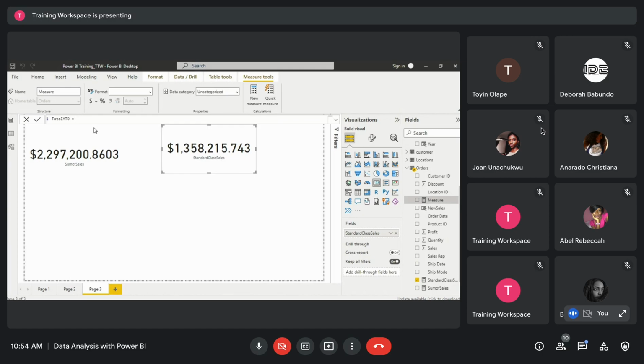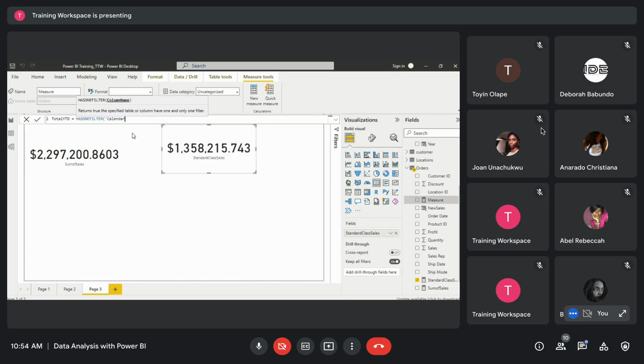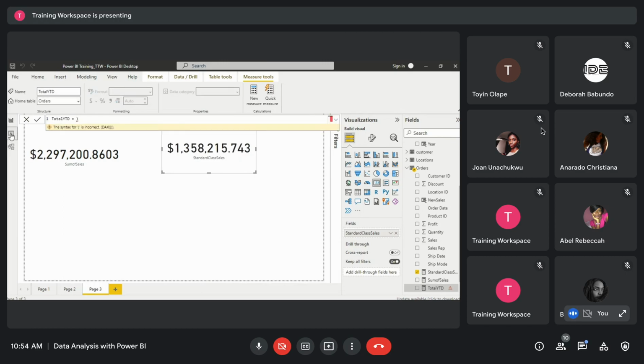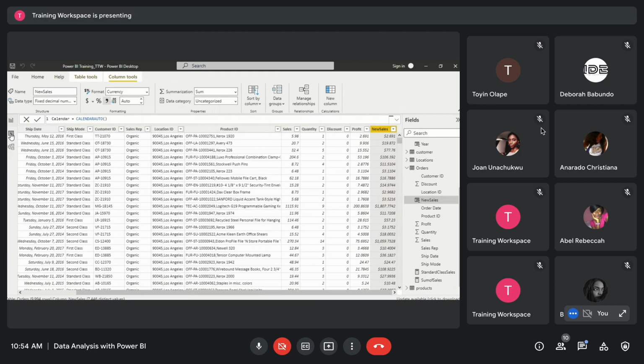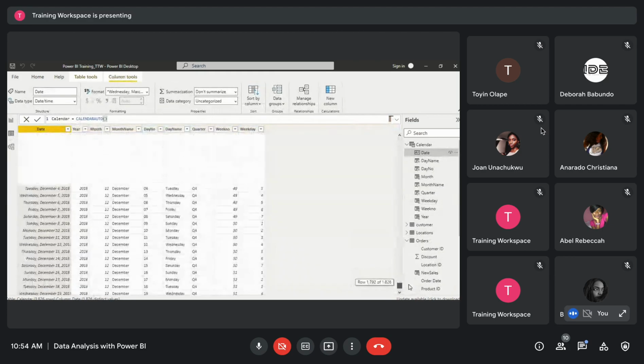So let's assume we want to calculate the total year to date sales for a particular shipping mode. Now if we go back to our calendar table, if we remember, our calendar date stops at 2018. That's the last date in our calendar date, and it starts at 2014. So we don't have any date that is in this year,